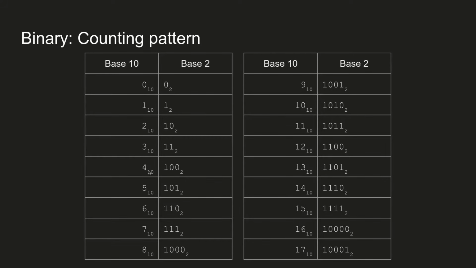And when you add 1 more, it overflows, and the 1 comes down, and it goes to all zeros on the right side. And then you add 1, and the 1 goes in the ones place. And then you add another 1, and that 1 overflows and goes to 1 in the space left of it, and then it's 0 on the right again. And that pattern kind of repeats going forward. It's good to just look at this chart and try to pick up on the pattern of binary numbers.